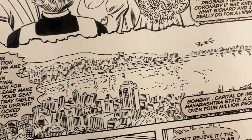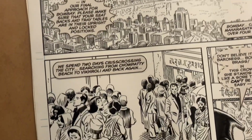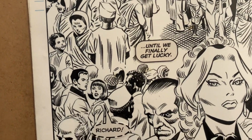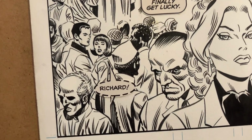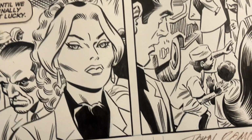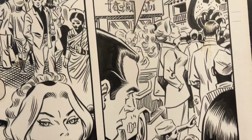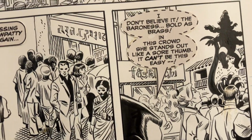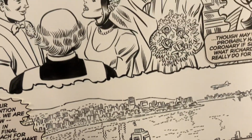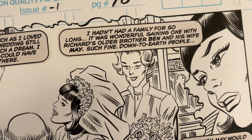But John Romita has always been such a huge influence on my life. From the time I was a little kid, I guess probably from grade 1, when I got my first comic books. I got a box of old comics that contained some old Spider-Mans, and his work just made such an impression